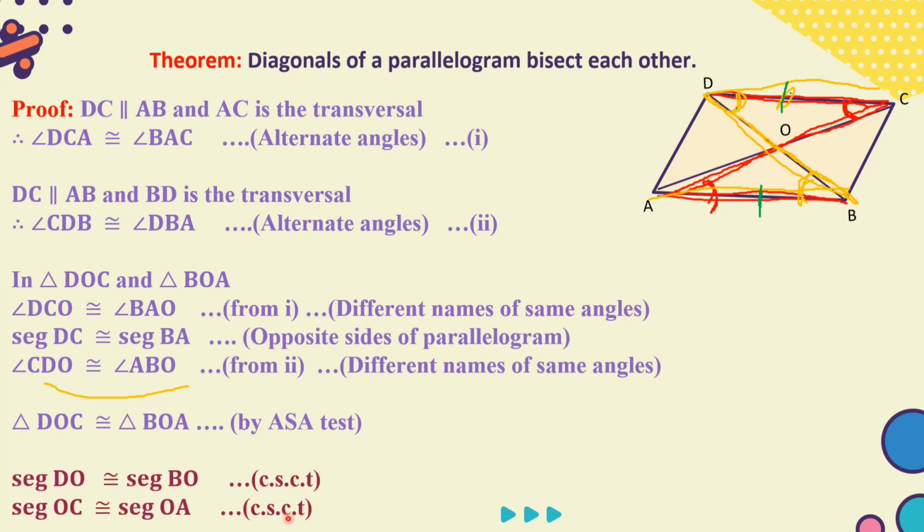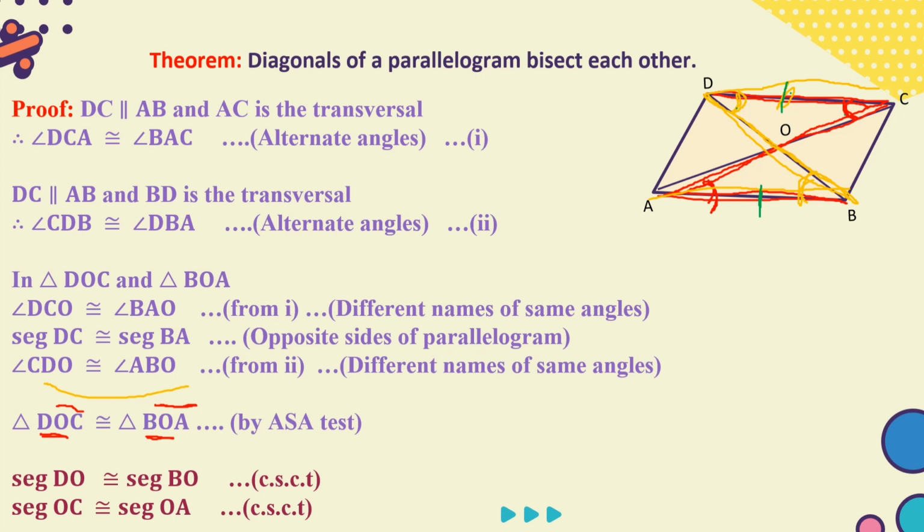Now if the two triangles are congruent, that means by one-to-one correspondence, segment DO will be congruent to BO and segment OC will be congruent to segment OA, by corresponding sides of congruent triangles. Clear? So to prove diagonals of a parallelogram bisect each other, we will take a quadrilateral ABCD, which is a